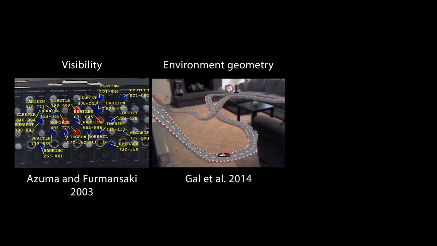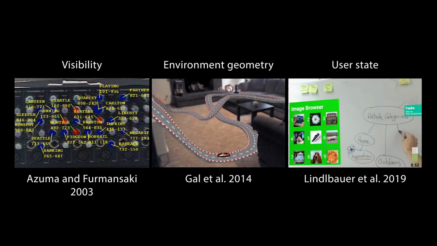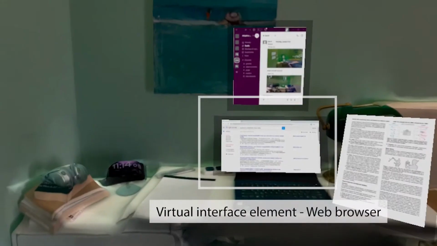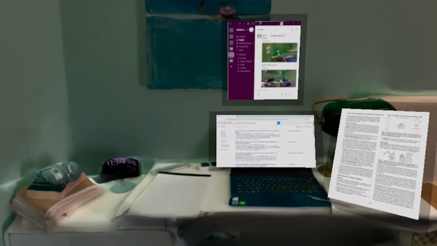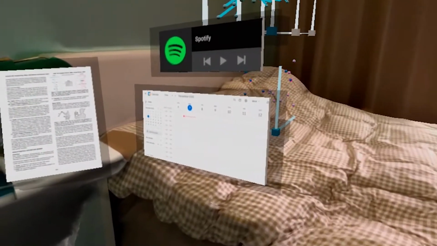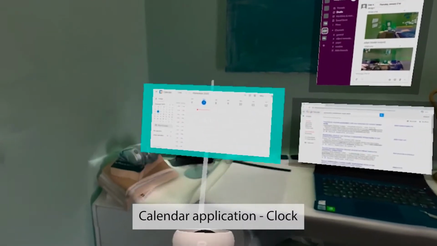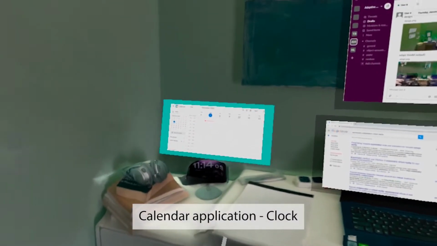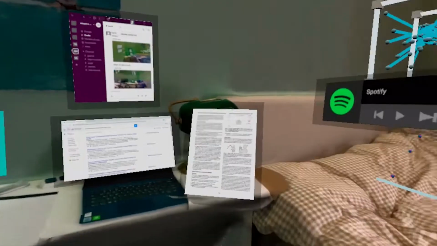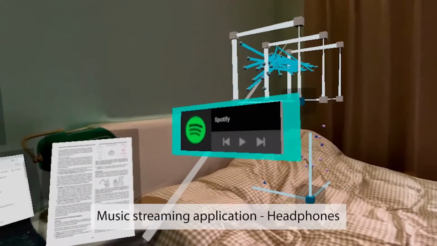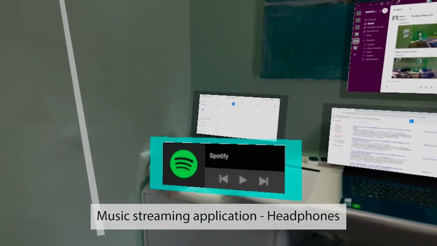Existing solutions adapted mixed reality interfaces based on visibility, environment geometry, and observed user behavior. We believe the semantic associations between virtual interface elements and the physical environment are equally important to consider. For example, a potentially sensible design decision might be to place a calendar application next to a physical clock because they share semantic associations with time. We might also place a music streaming application on top of a pair of headphones because they share semantic associations